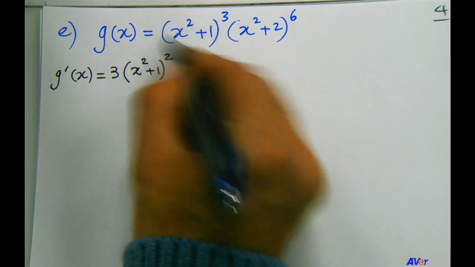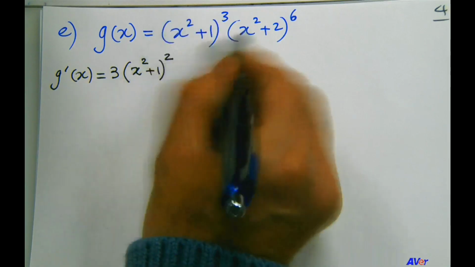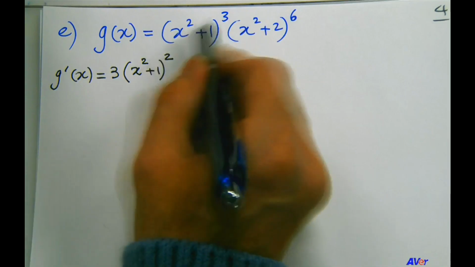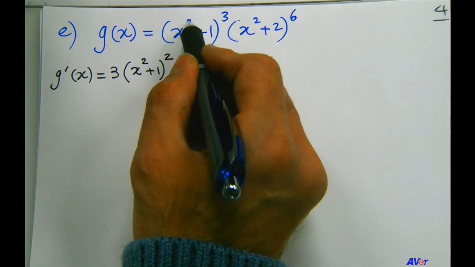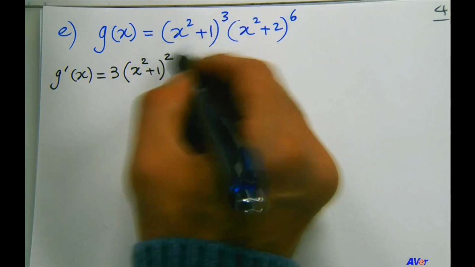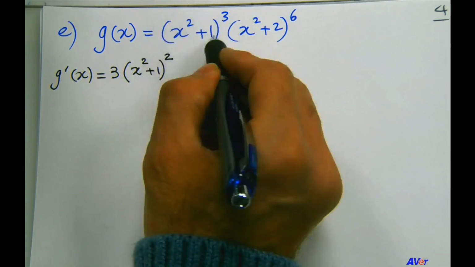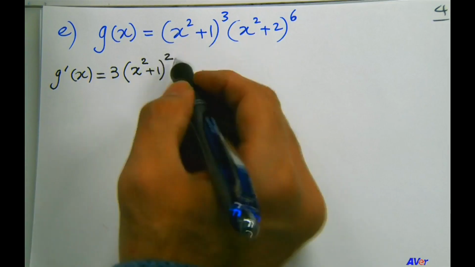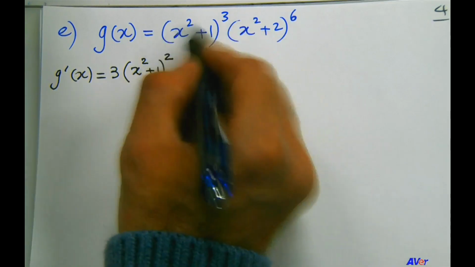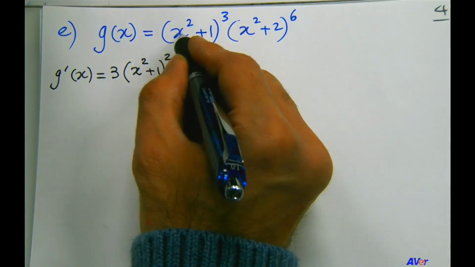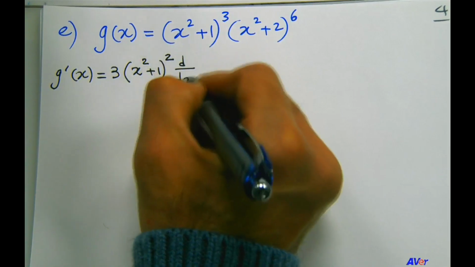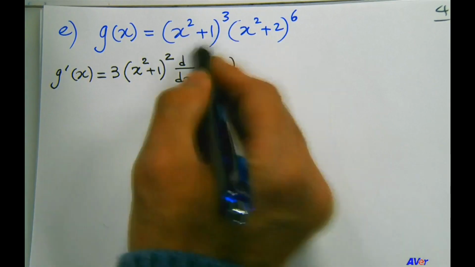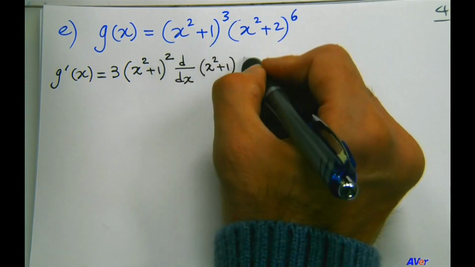We take the derivative of this, multiply it by that, and of course we have to apply the chain rule here, because this is x squared, it's not x anymore. So 3 times that, times, by the chain rule, d dx of x squared plus 1, the derivative of what's inside the parentheses,